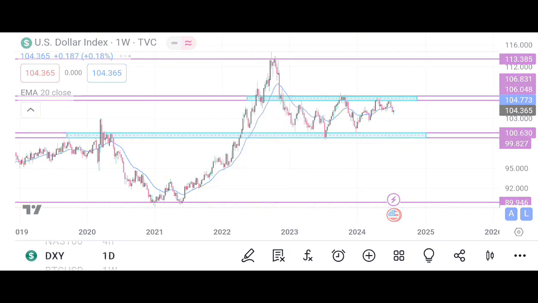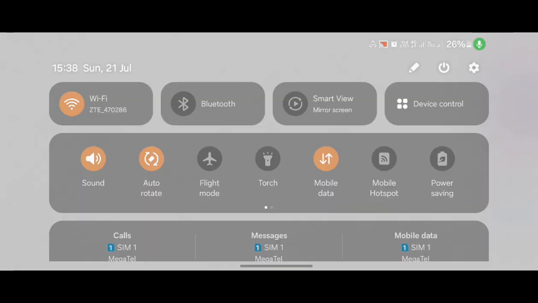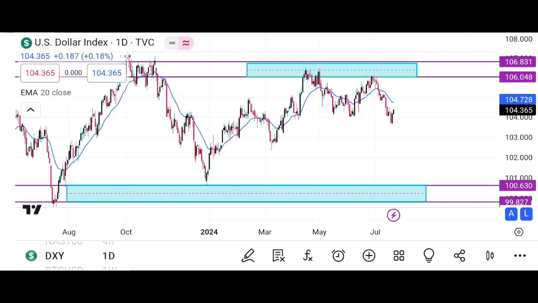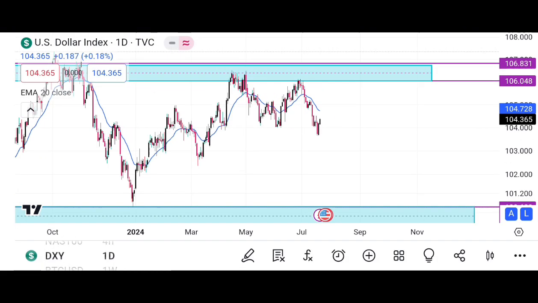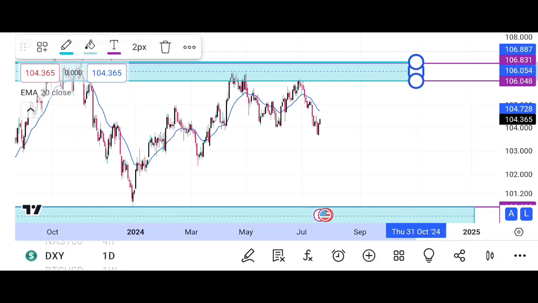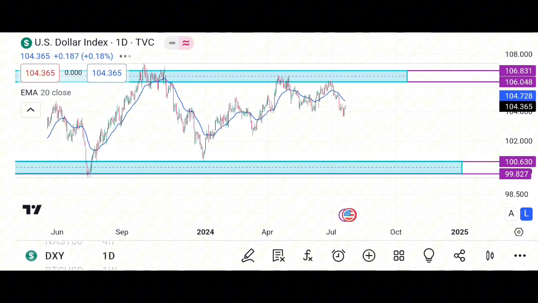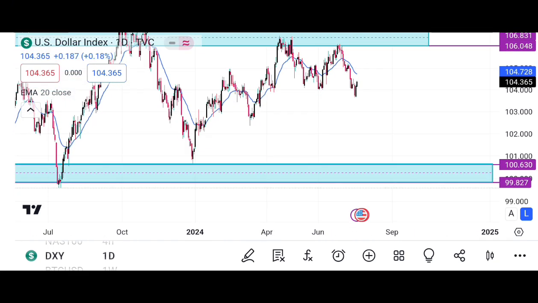Guys, I'm the type of guy who makes sure, when I analyze, that I analyze the DXY thoroughly. I'm trying to understand the DXY thoroughly. It is very important to have patience when analyzing. My Wi-Fi is awful, so I don't know what's going on. It is very important as a trader to understand the DXY peacefully.